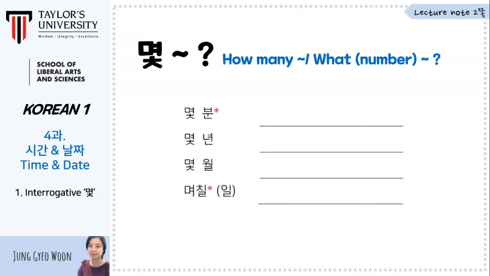The next you need to remark because there are two different meanings. If somebody asks 몇 분이에요, it can mean how many minutes or how many people. In the case of asking the time, how many minutes, the answer needs Sino-Korean numbers. For example, 1 minute, 1분. 5 minutes, 5분. 10 minutes, 10분.